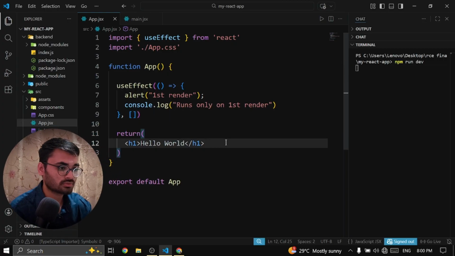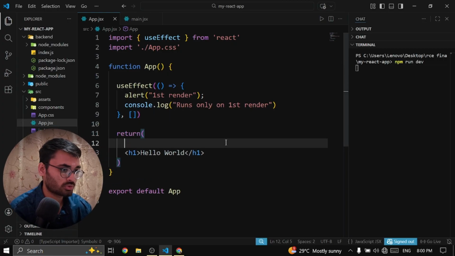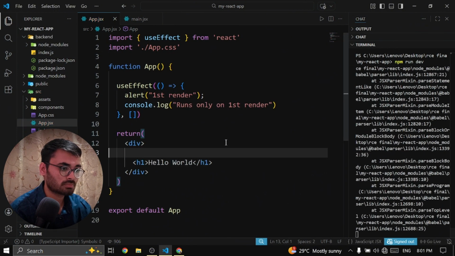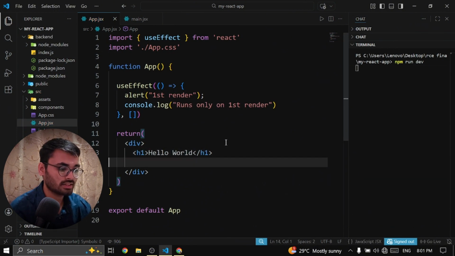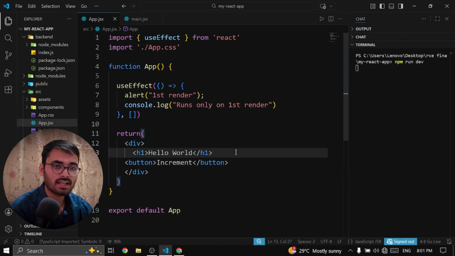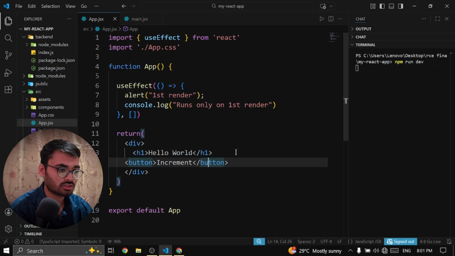So what I'm going to do is first create a div, and inside this we are going to pass an h1 tag, and let's create a button right over here. I'm going to say button, and I'm going to say here increment. Simply a message inside this button will be increment. Now as I make this button, I just want on click, if anyone clicks on this,